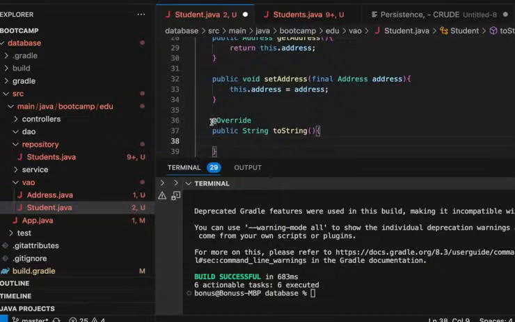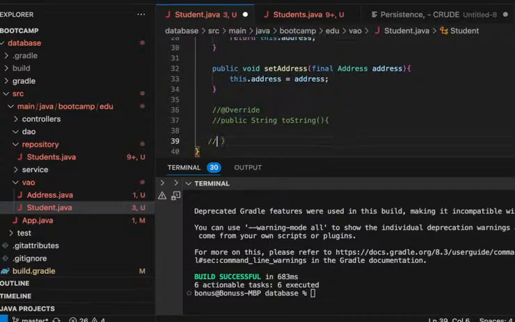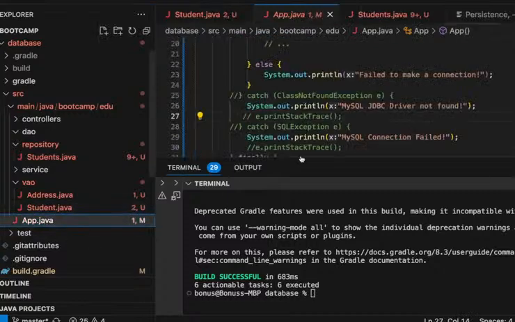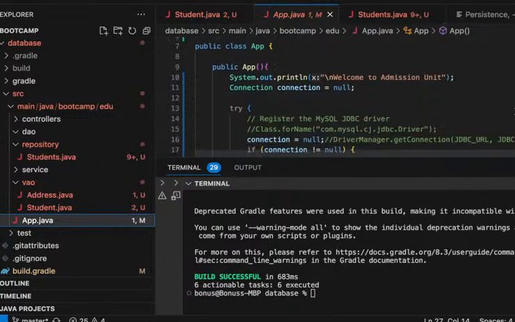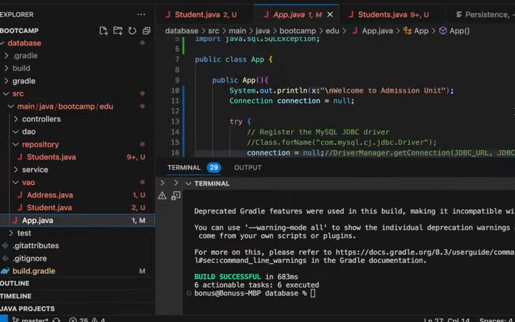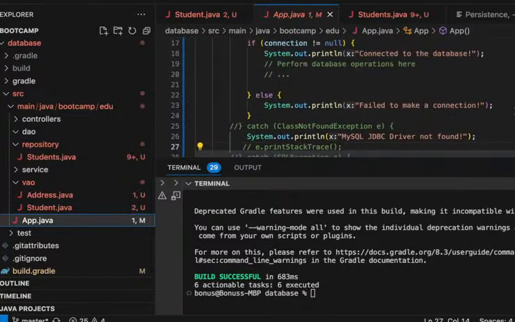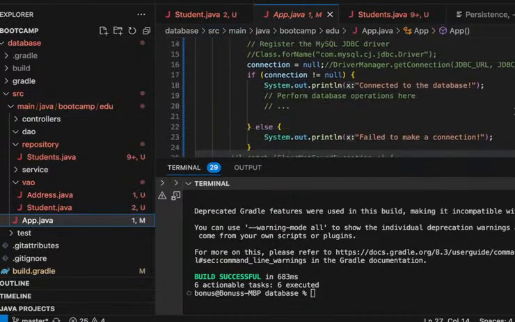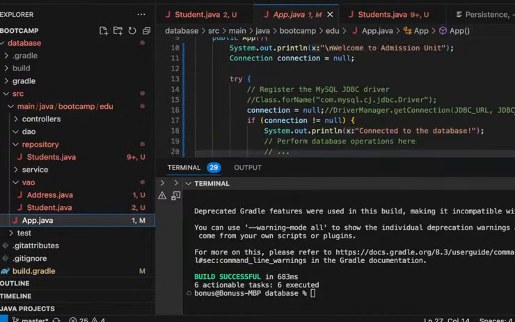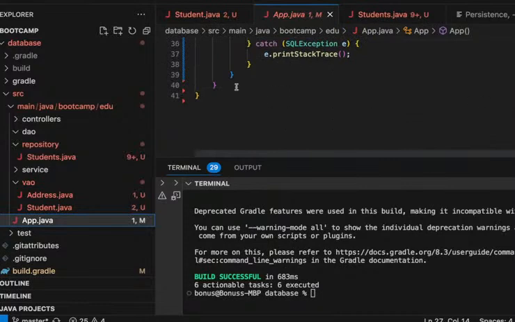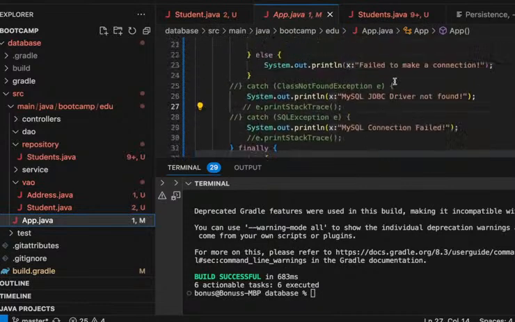Okay, before we do that, I will just take this away and let us print student as it is. So let's go back to our app. In this app, what we want to do is create students. So let's say in this app,